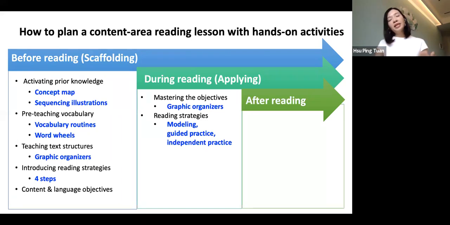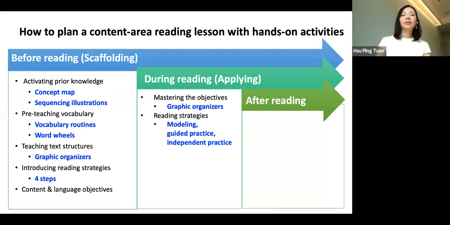And as for during reading, during this stage, the purpose is that we need students to be able to understand the text, right? So they need to apply the skills they learned during the before reading stage. When we do that, we will always try to do modeling, guided practice, and independent practice, to help them achieve the learning outcome. So remember, I chose the graphic outlines for them. They need to fill out the information when they're reading, and they also need to use a sentence frame to talk about